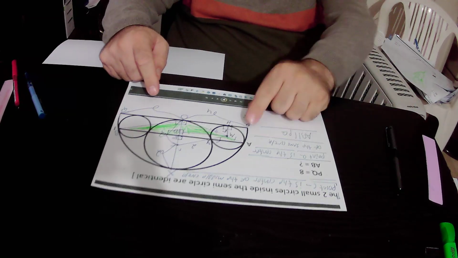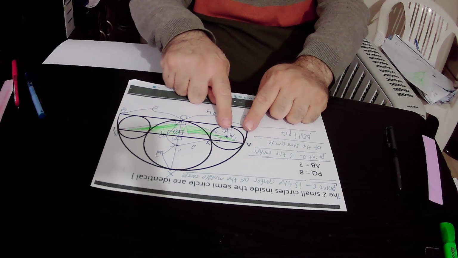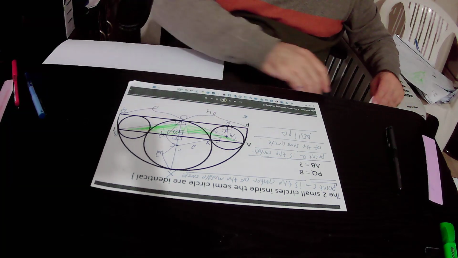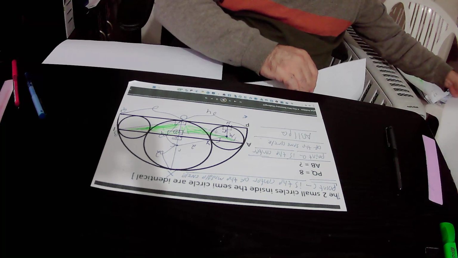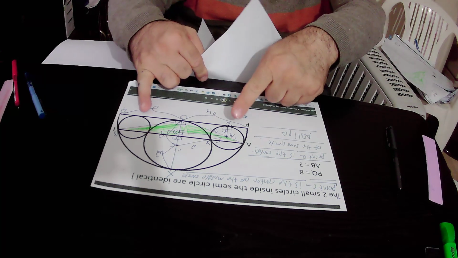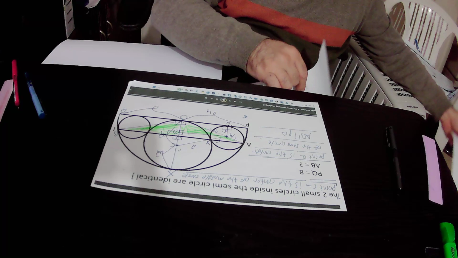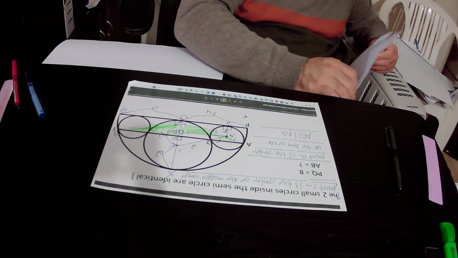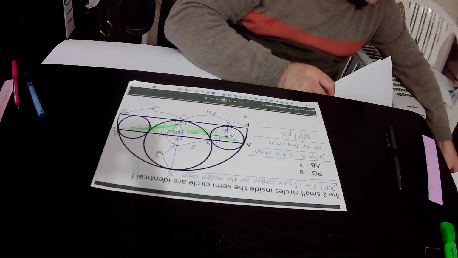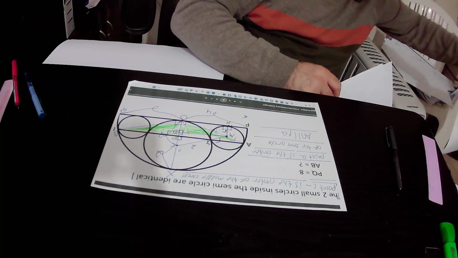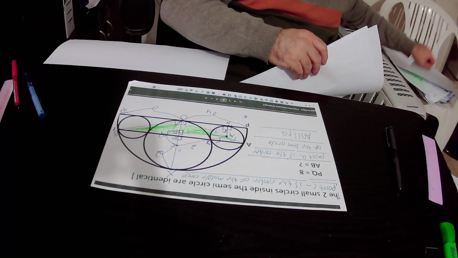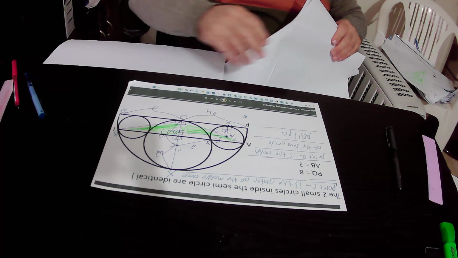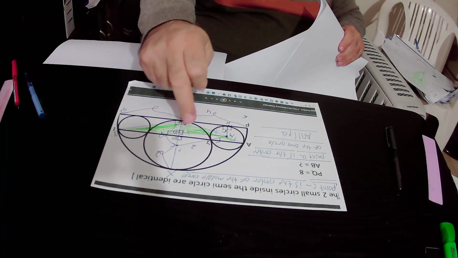Actually, we wanted to find out the value or the length of chord AB, and we have here a semicircle, and inside this semicircle we have 3 circles, and those 2 small circles are identical, and point O is the center of the semicircle, and point C is the center of the middle circle,